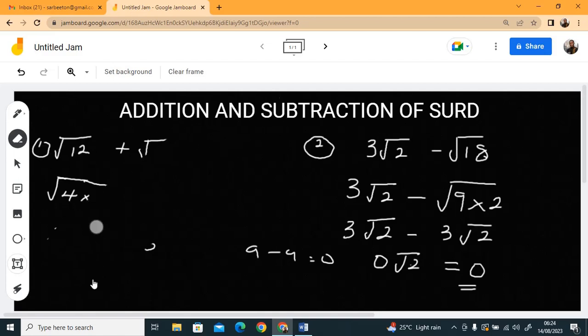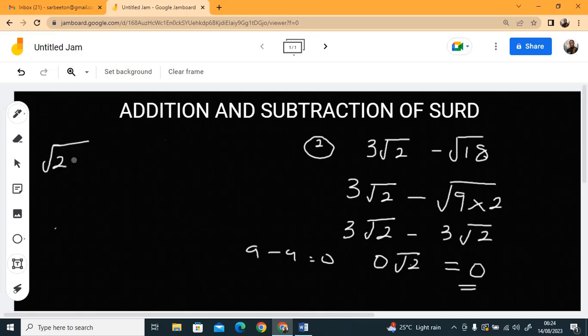Now, when addition and subtraction are combined together, how do you solve that? So we are going to take it step after step. Now, let's assume you are given something like this. They gave you root 20 plus, let's say, root 45 plus root 125